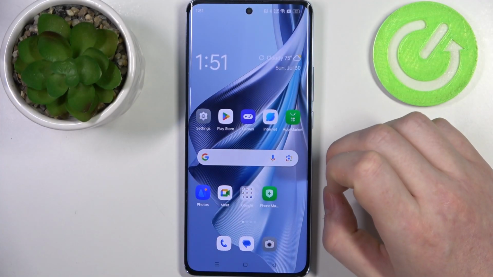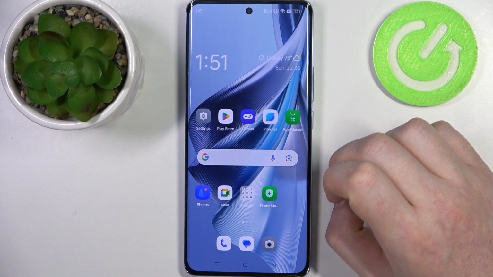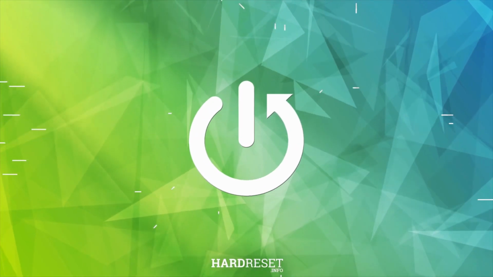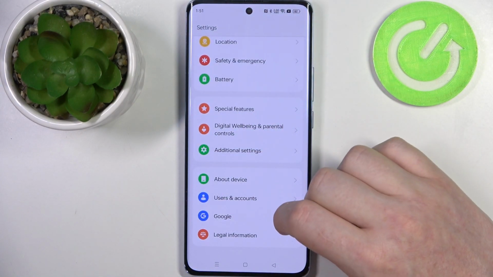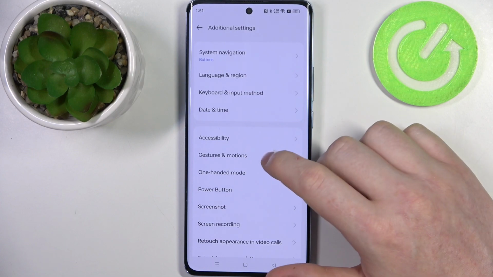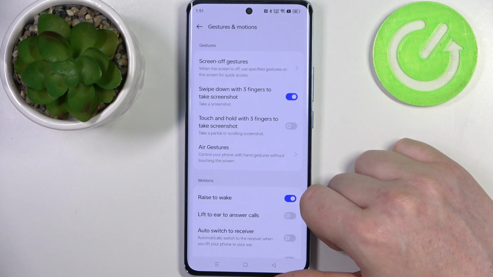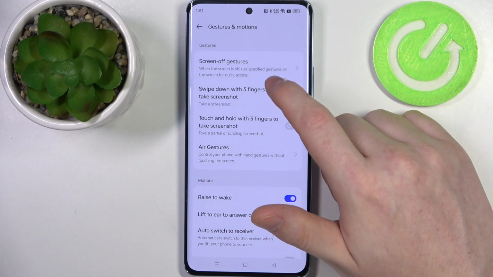Hello, in this video I want to show you all available screen-off gestures for OPPO Reno10. And to do this, we'll need to open our system settings, then scroll all the way down and find additional settings. Here, select gestures and motions, and there's a whole lot of different gestures, but we're gonna go for screen-off